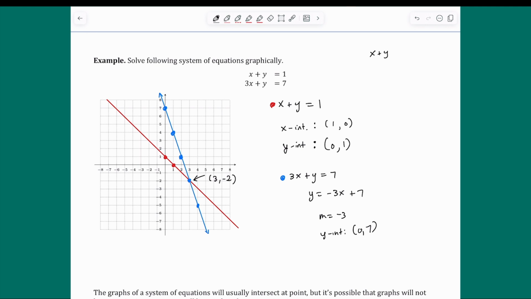So for the first equation, x plus y equals 1, I'm going to check just in case. So we have 3 plus -2. Does that equal 1? And so that does equal 1. So that checks. How about the second equation, 3x plus y equals 7? Plugging in our values, we have 3 times 3